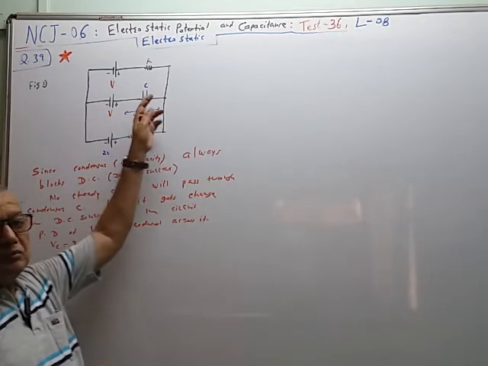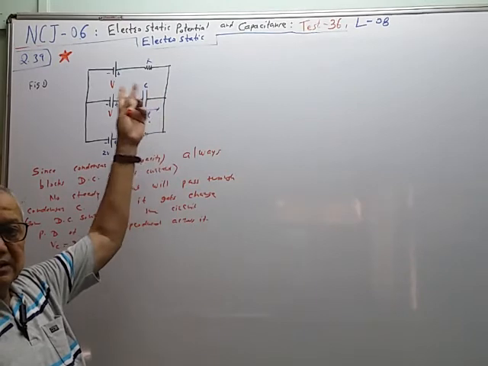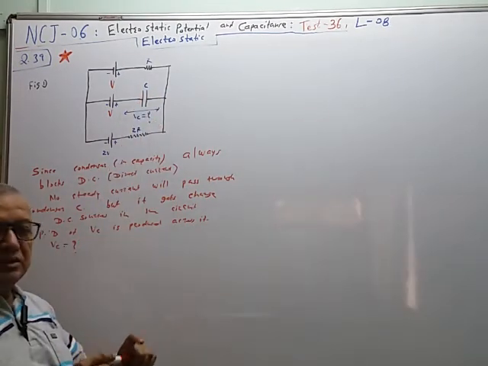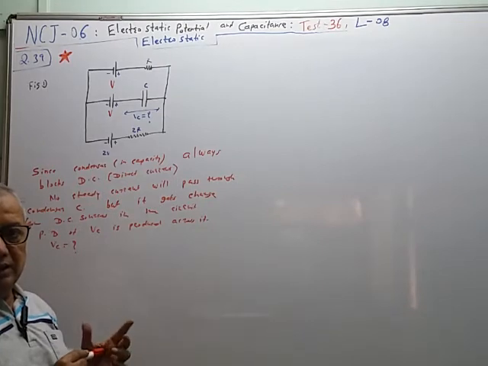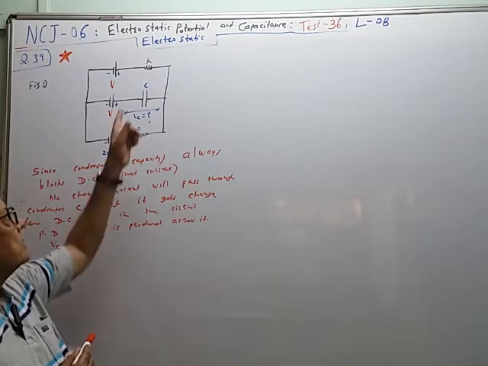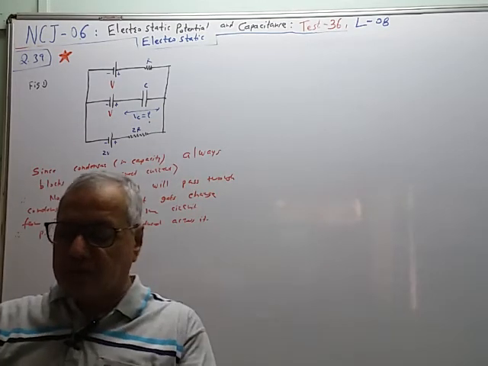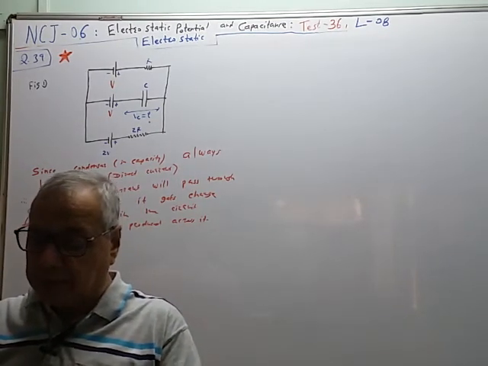No current flows through it, but then why is a potential difference produced? The reason is that some charges are separated, and due to the charge we know that there is a potential difference between the two plates. We have checked this part in the concept of condenser. Also, so now, what to find is this Vc.